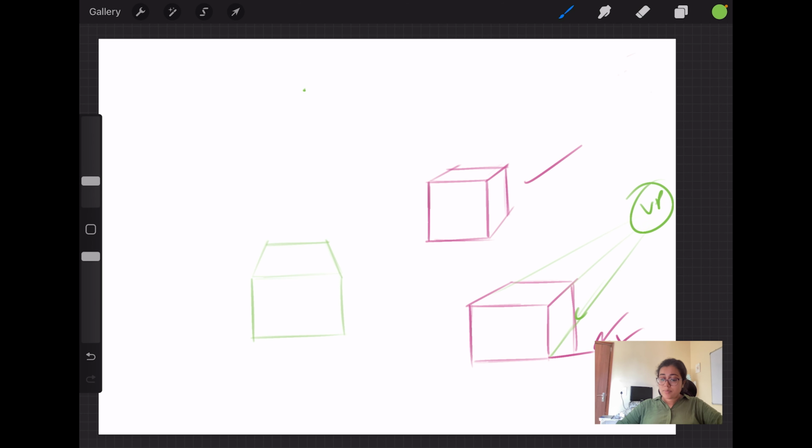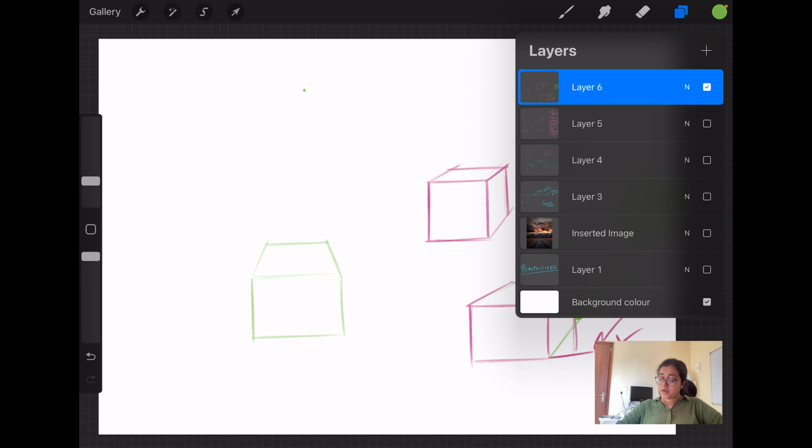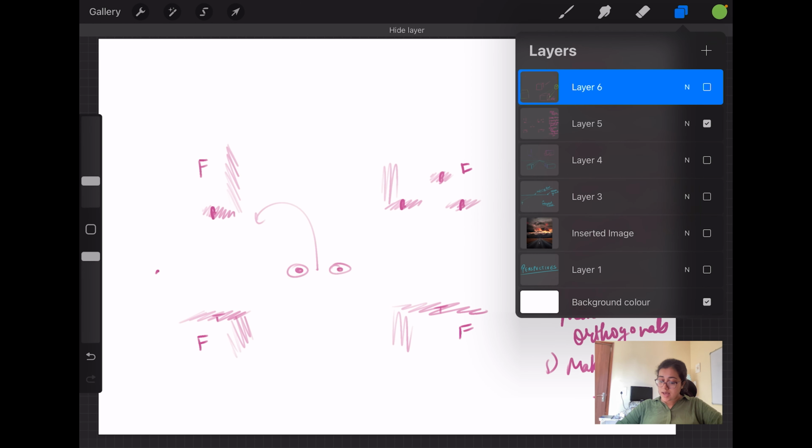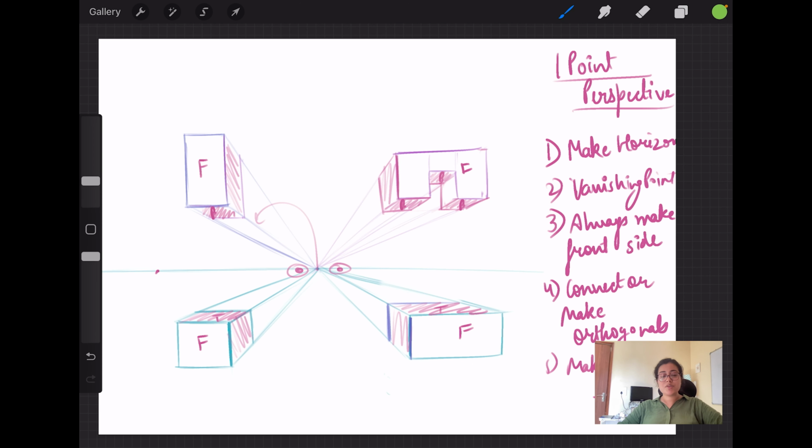So this is a pretty good warm up or exercise you can do to speed up the learning of perspectives. And oh yeah, this you can also do. So just let me know your comments. How do you like it? Whether you understood it or not.